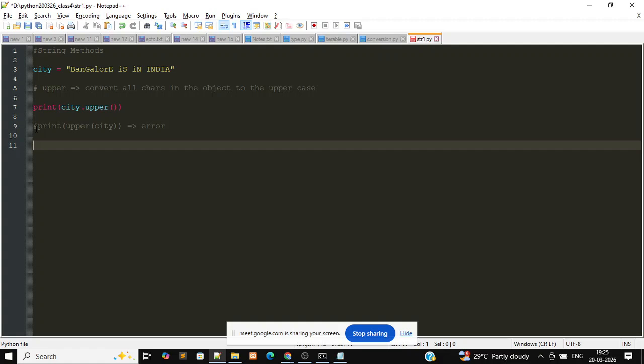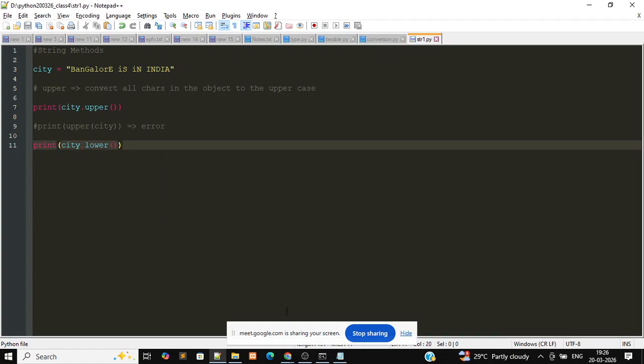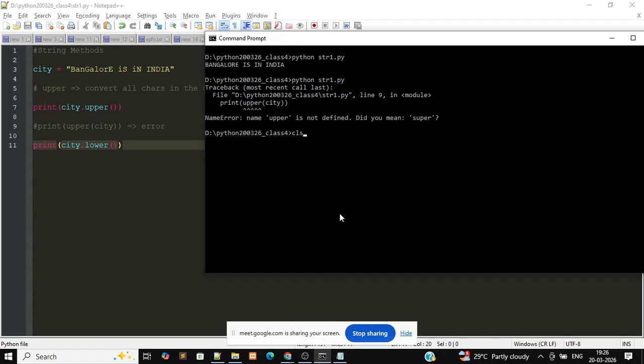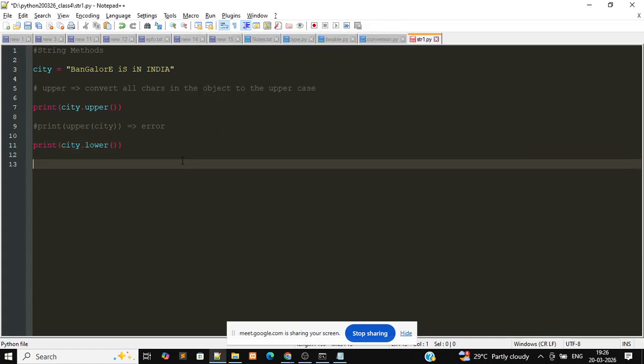Print city dot lower. If I execute now, it has converted the entire thing to small characters. In case I want to